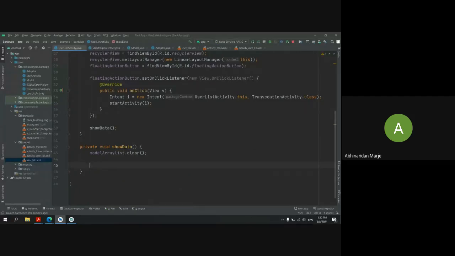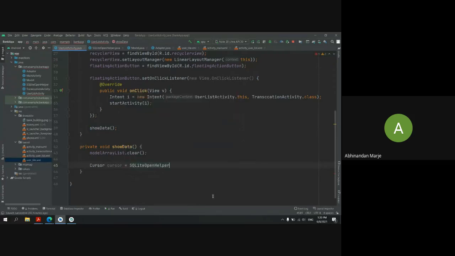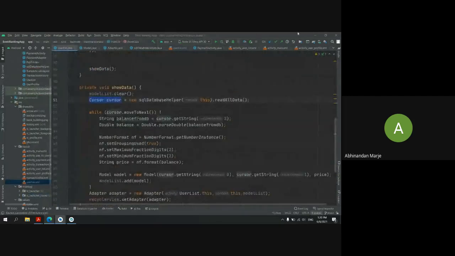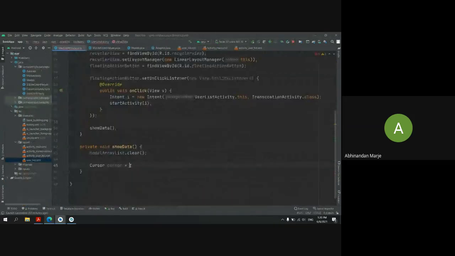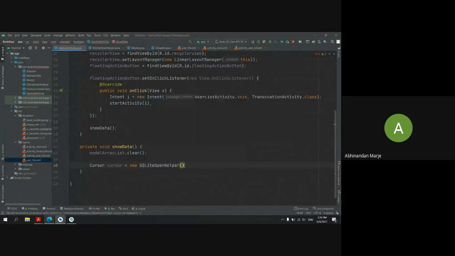Then I want my SQLite database data to be stored in my array list. So first I will create a cursor here. Cursor is equal to new SQLite open helper dot.